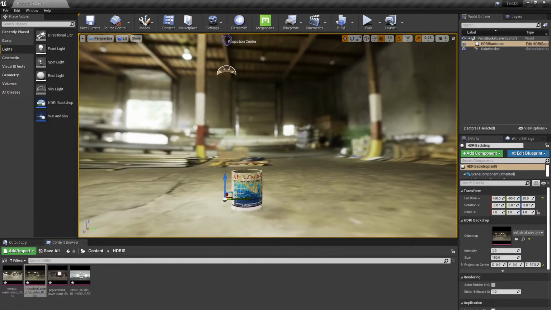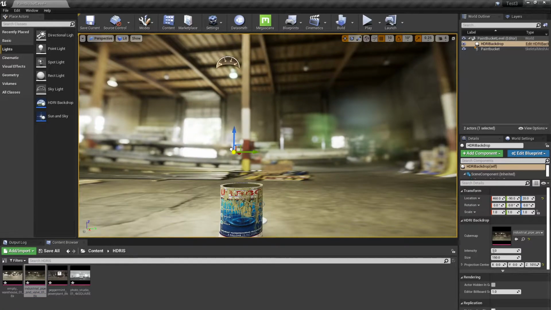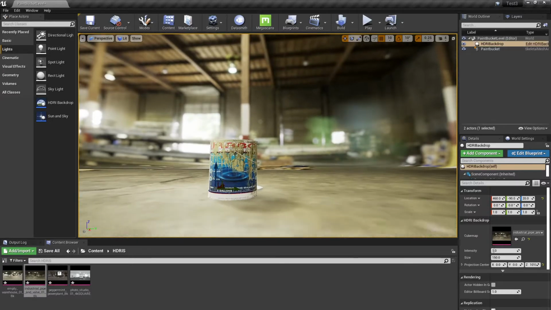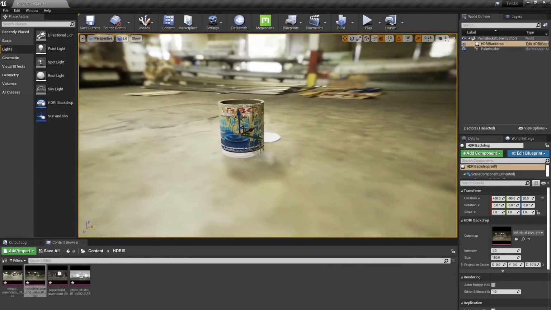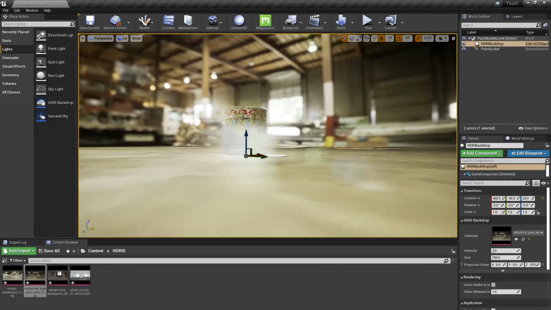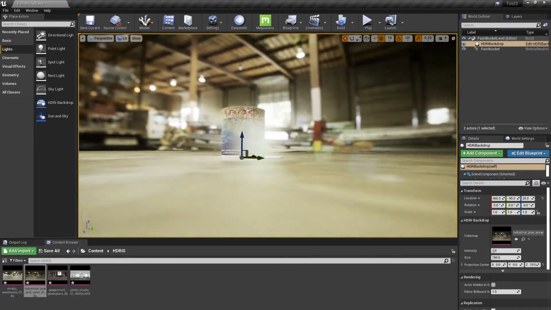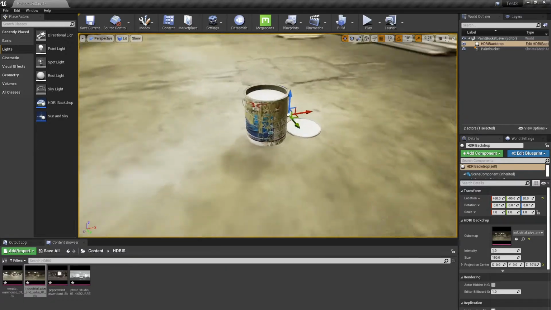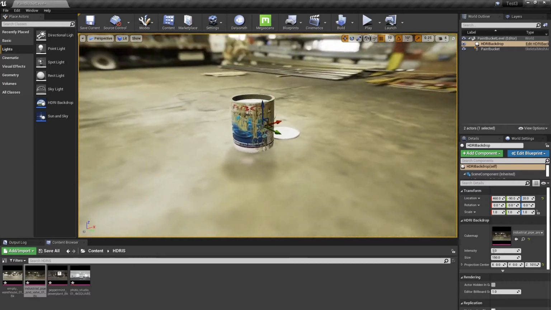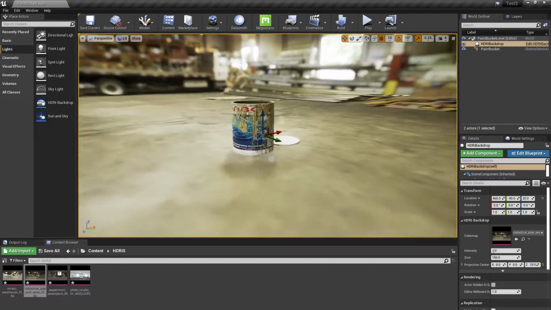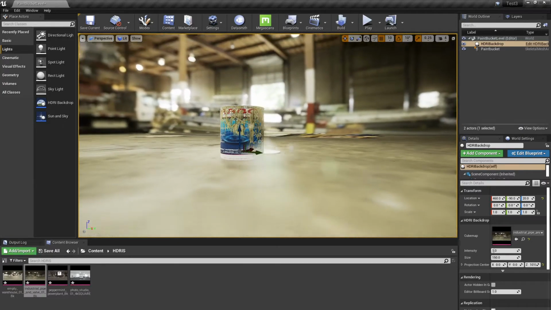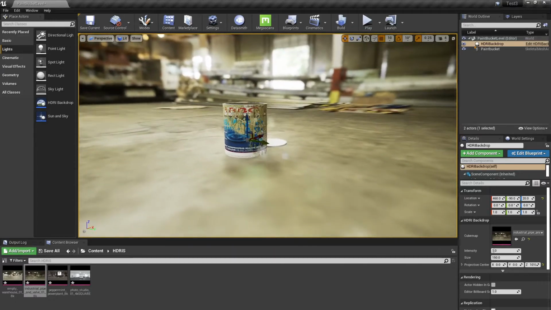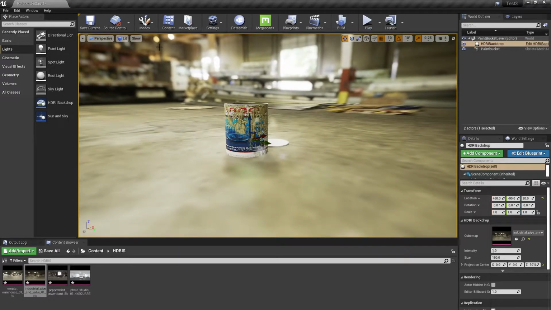Okay, so I like this HDRI better. Let's have a look at it. Looking good. So the first thing I notice is that I've got this lens flare, which is cool. It kind of automatically turns on, but I want to control that. I don't want it to be on while I'm setting up my shot. I might want it later, but so what I'm going to do is I'm going to come up here and